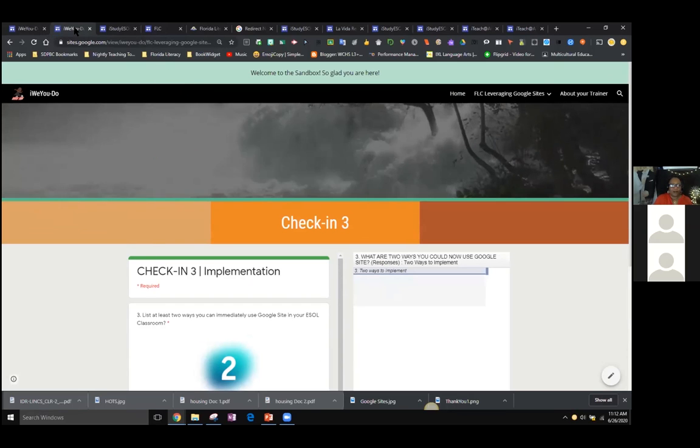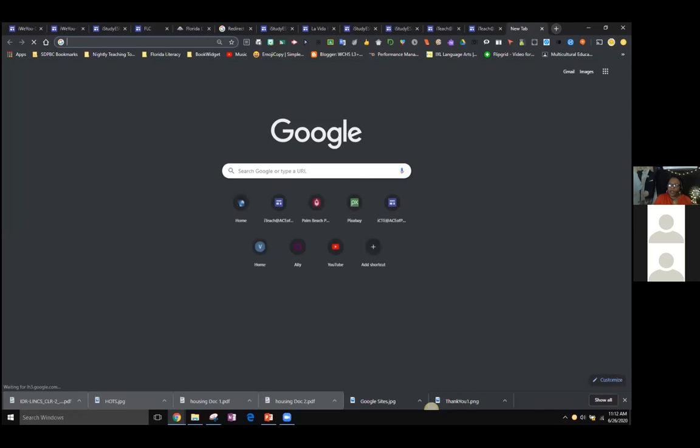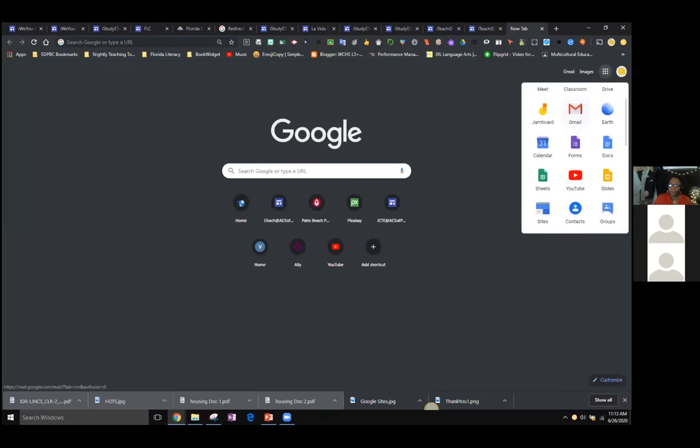Excellent question. All right. So let me go to my tab right here. When you're in Google, this is the app selector. This waffle, it's called a waffle, but the official name is app selector. You can click on the app selector and go to sites right here, and it will give you a list of sites. But this one is going to take you to the old site. So I like to go through Drive.